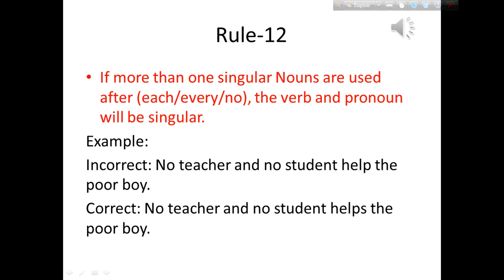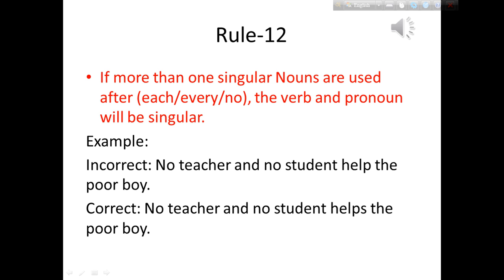Rule 12. If more than one singular noun is used after each, every and no, the verb and pronoun will be singular. Here is an example. No teacher and no student help the poor boy. Here the singular